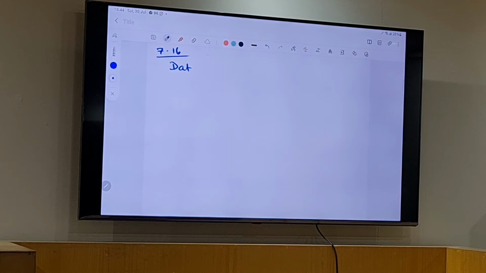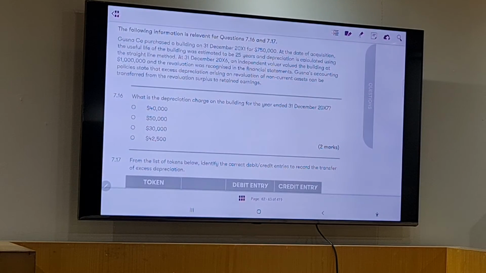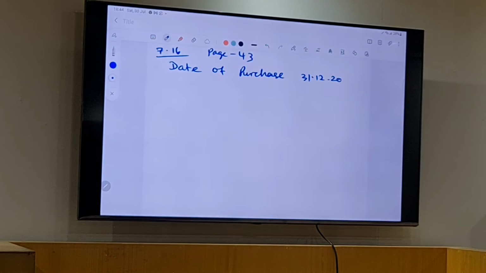Page number 43. Two thousand eleven. Date of purchase is 2011. So